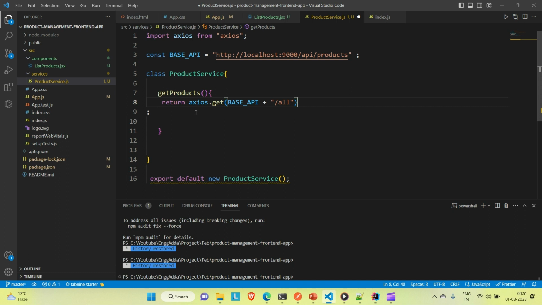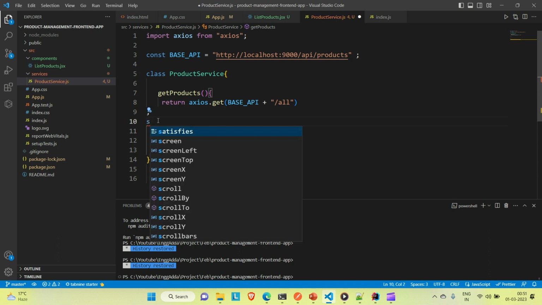What we need to do right now, I'm going to just do this console log, or log this products which is coming from the backend, and then show you how it is looking like. So just save this service class that we have created. Okay,